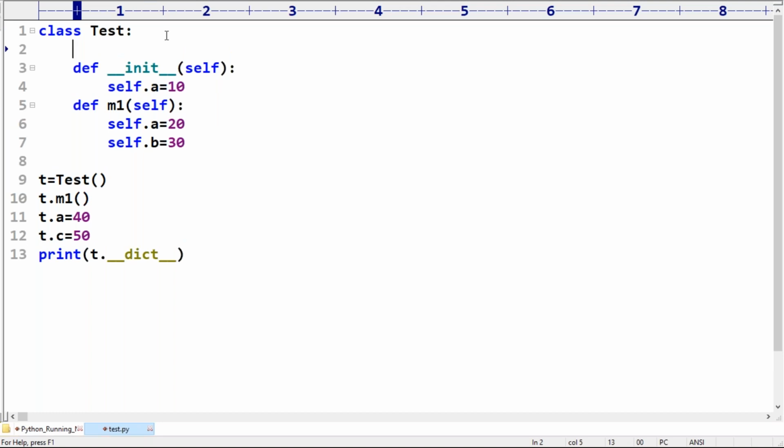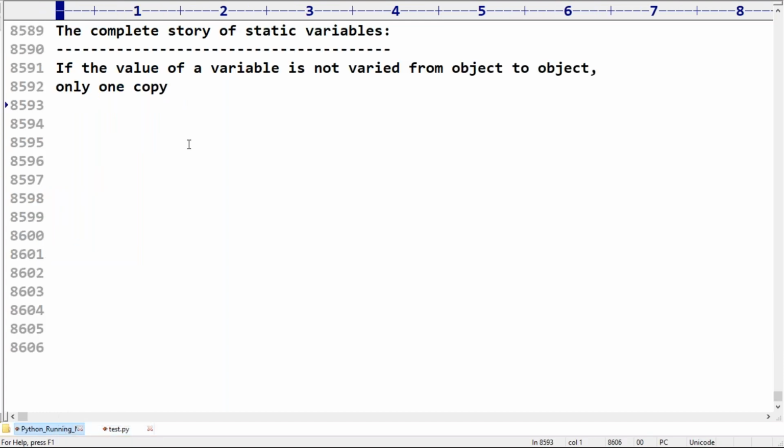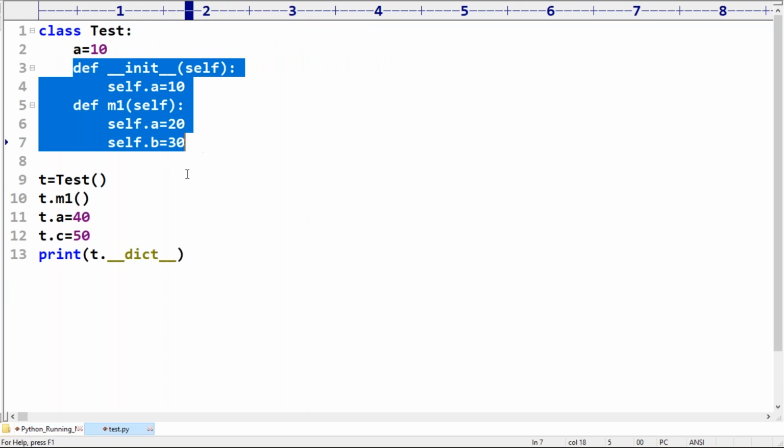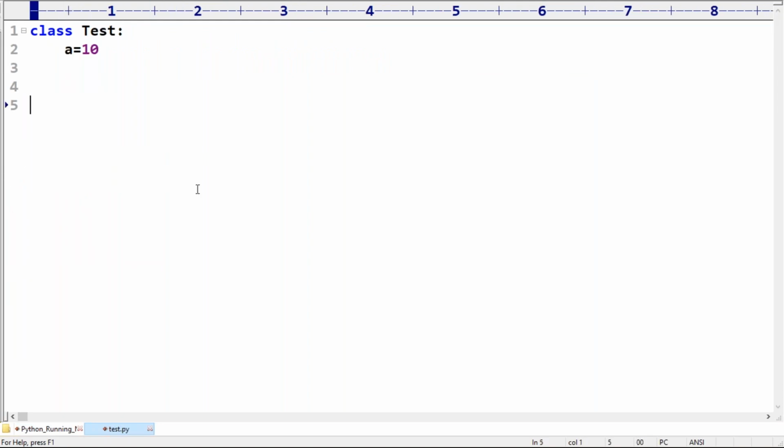Next, how can you access a static variable's value? Sir, I want to print a value. Can you please tell the way? We access it by using the class name.